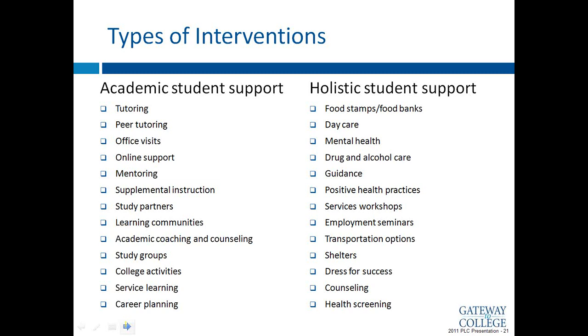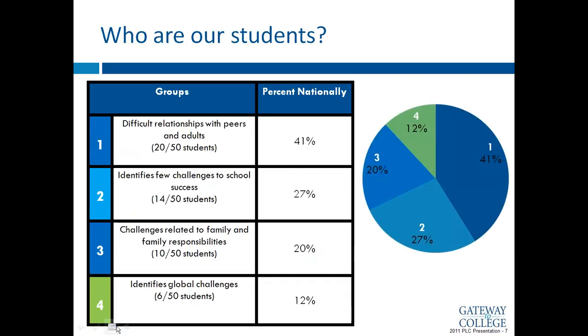Now that we know we have these subgroups, how does each of these groups really experience Gateway itself? This analysis really focused on what our students look like when they start with us. So the next question is, how are they experiencing Gateway, and can we identify specific points or barriers that we would have control over within Gateway that we could better work with these students so more of them can persist?